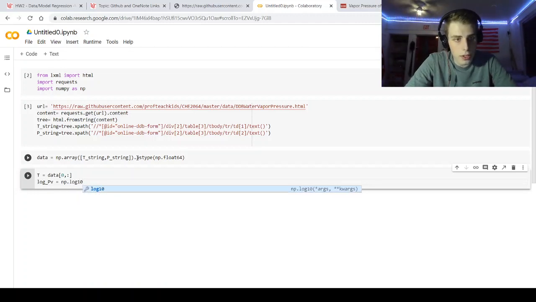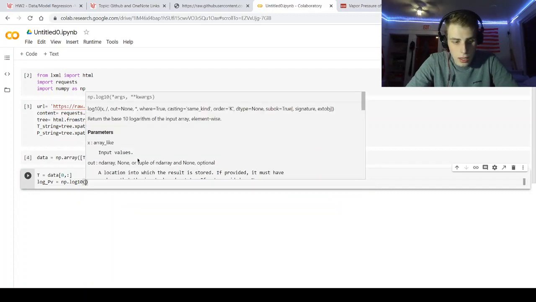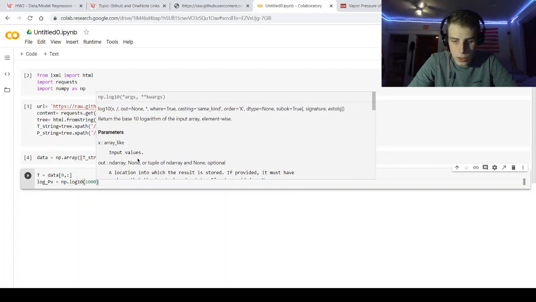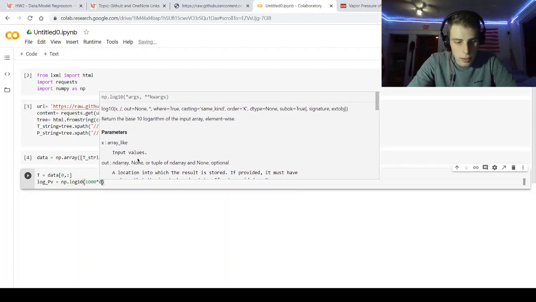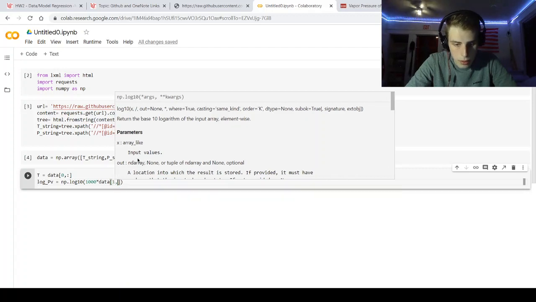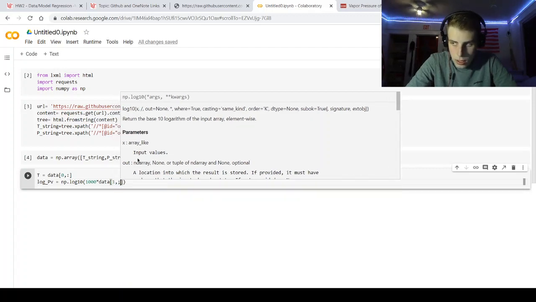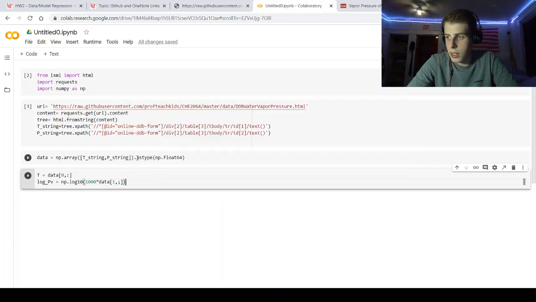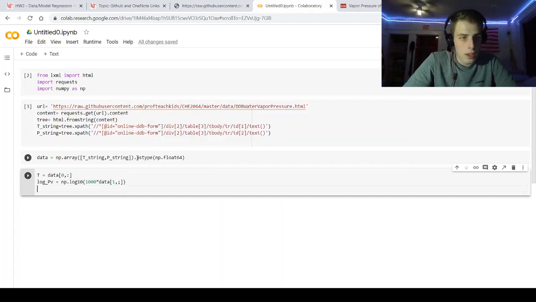This is the log feature from NumPy, and then 1,000, because we were changing it to pascals, times data, and then brackets 1, comma, colon, bracket, and then we finish it off with a parenthesis, and then that's done. And then now we can just type